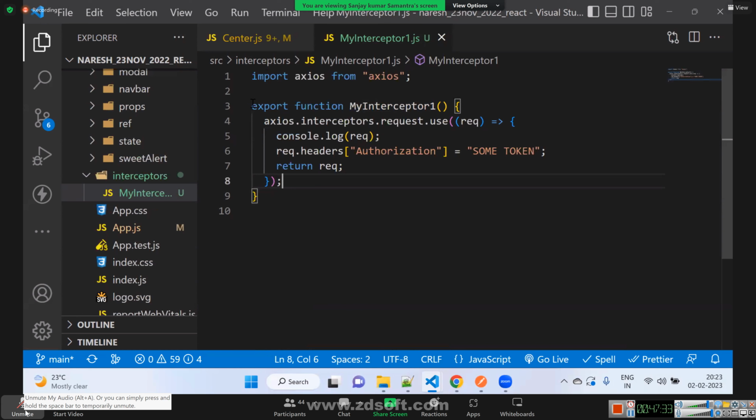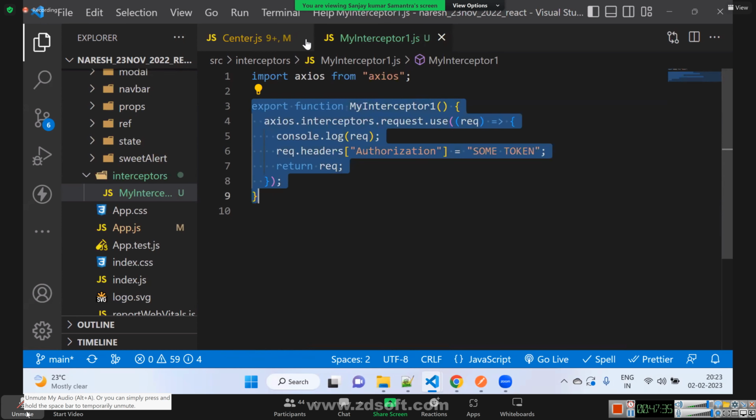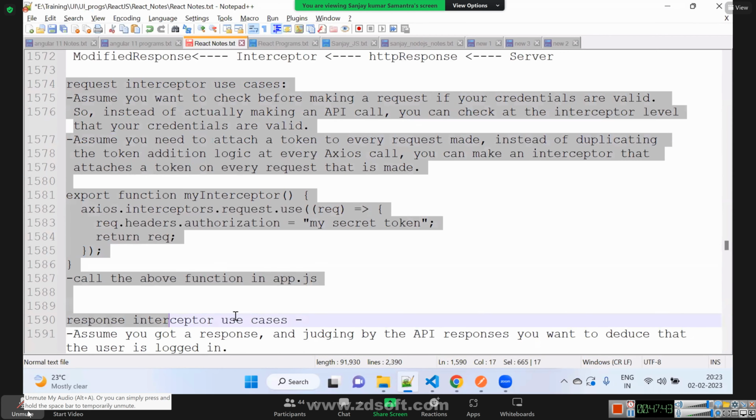You have to create one interceptor like this, and you have to enable this interceptor in app.js. If you are using Axios client, then this way of adding an interceptor is not correct. Is it clear? Yes.